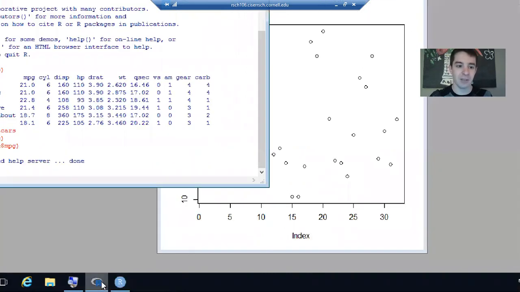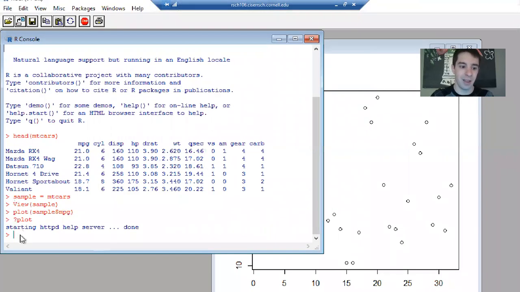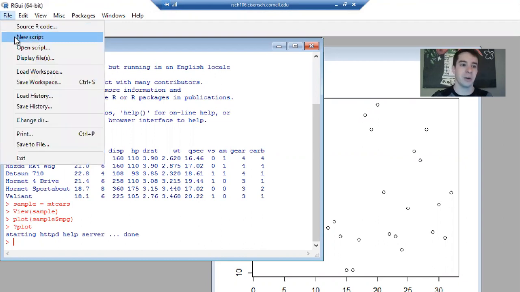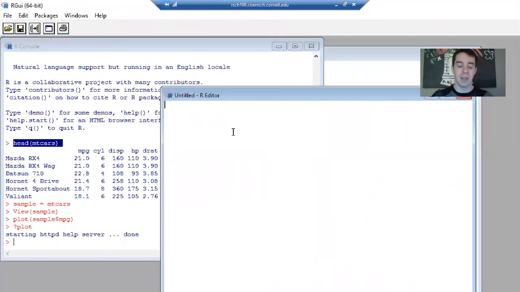Some more details: if I want to create a script file, a classic R function, you'll notice I've been typing these commands one at a time, and the results have been printed to the screen immediately. But sometimes I want to run multiple commands all at once, batch command running. In this case, I'd go to File, New Script for R, and you see a new